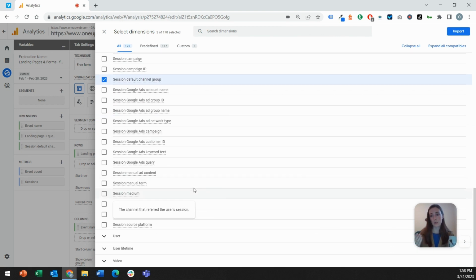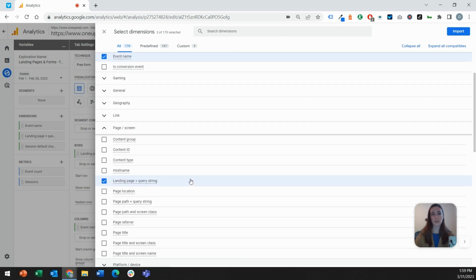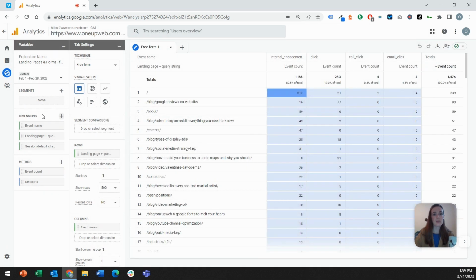The easy way to think about the difference between dimensions and metrics is that dimensions are unique values, typically text-based values that are going to change every time, whereas metrics are constant events that can be counted. So you have two examples here of metrics: event count, that can be counted, and sessions, those can be counted. Whereas dimensions, something like event name, each event is going to have a different name, so it's different text, so this is a dimension.